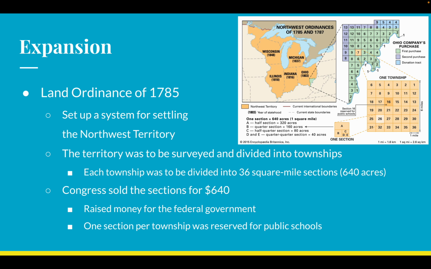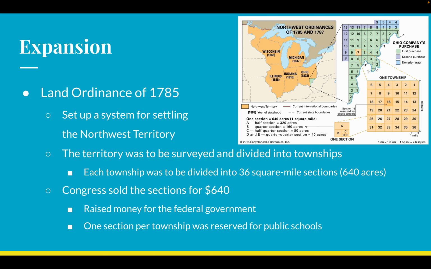Easy, right? And then within that 36 square mile section, you have 36 sections. So it's a 6x6 grid. And then within each of those grids, like you can see here, they've expanded section 26. There are subsections. So if you don't want to pay for all of section 26, you could buy half of 26, or a quarter of 26, or a half quarter of 26, right? It depends on how much money you have, right?